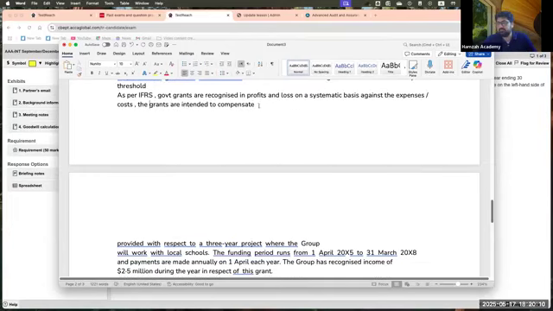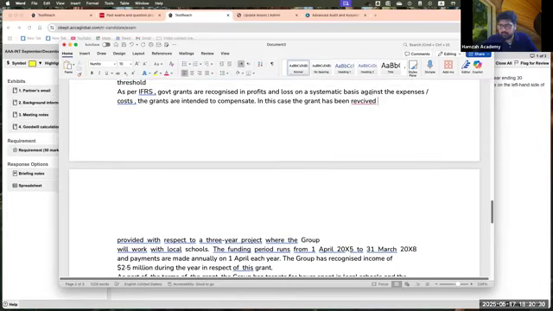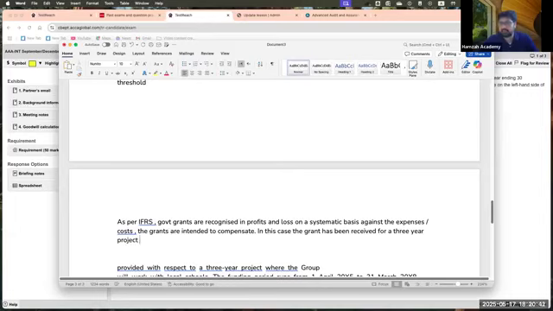In this case, the grant has been received for a 3-year project related to education, and the condition of the grant